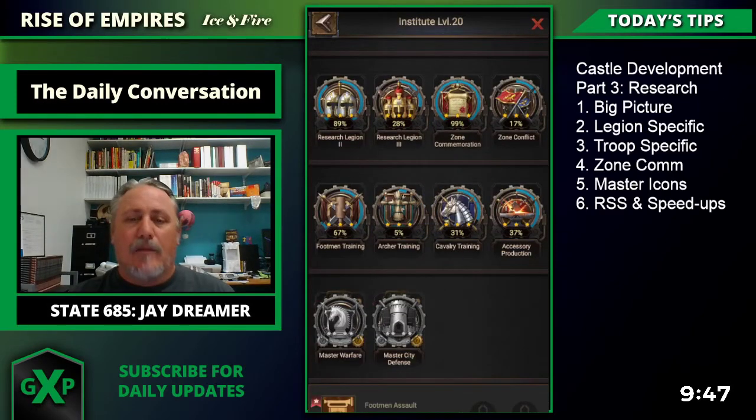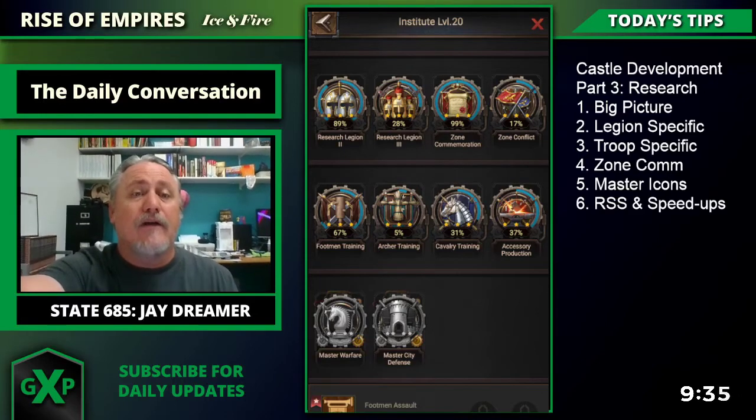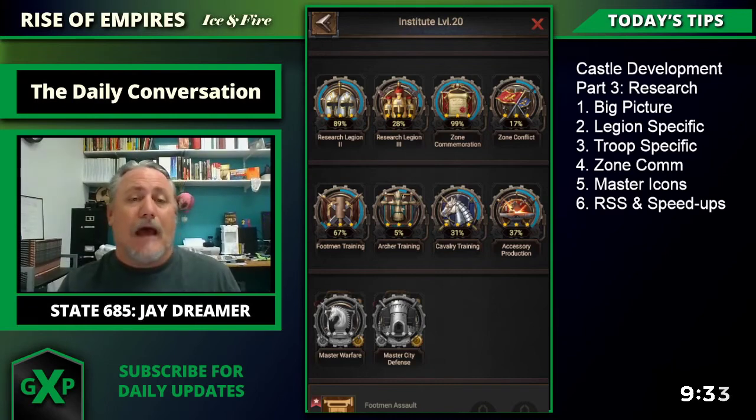Now, from zone comm to master icons are the master warfare, the master city. Like I said before, C25 and above. C25 is where you're at. I won't know until I get there. So, all right, next,